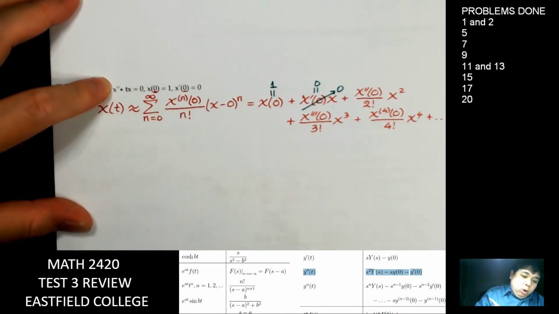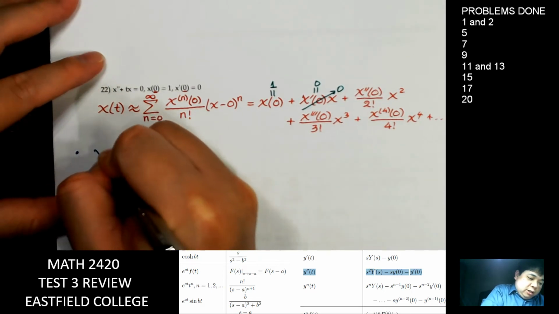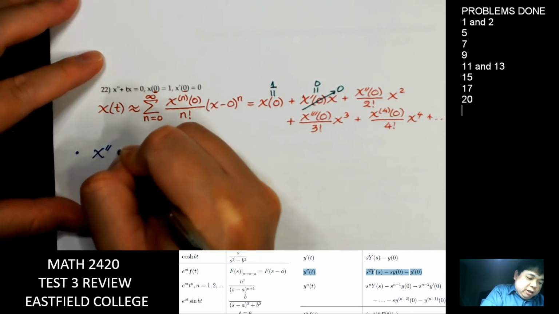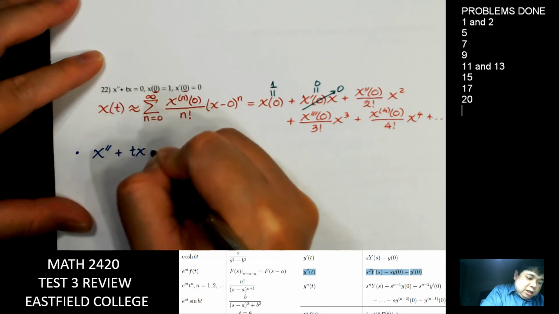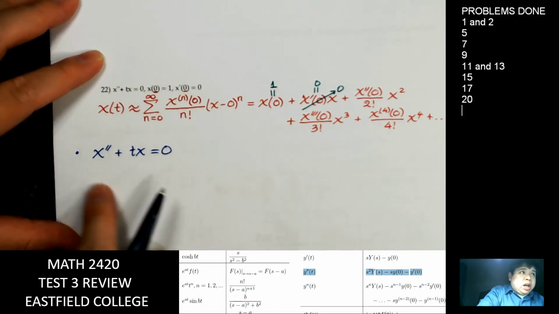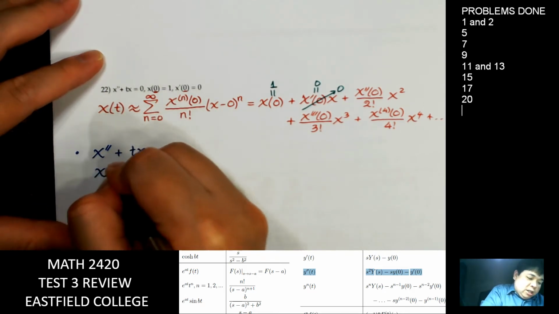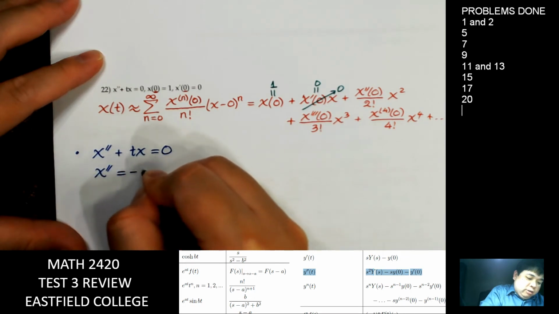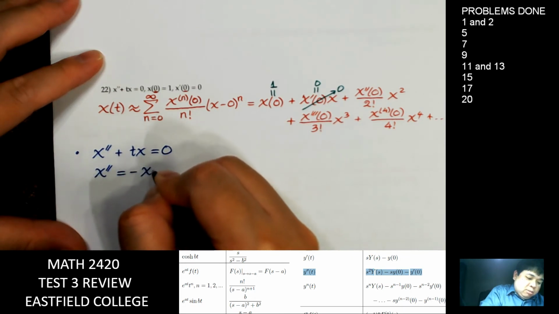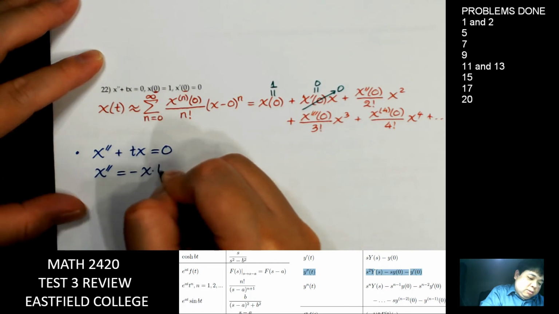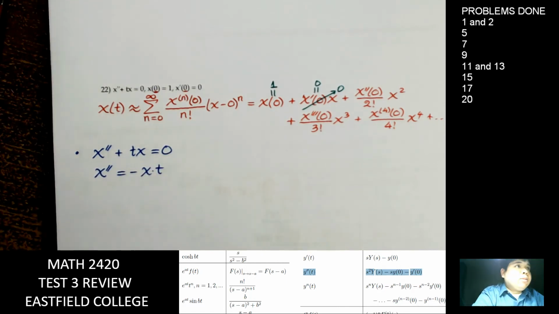Right, anyway. Now, I'll go back to this problem. We have the second derivative plus t x equals 0. We actually can rewrite it. We say the second derivative equals negative x times t. That might be a problem. Anyway,